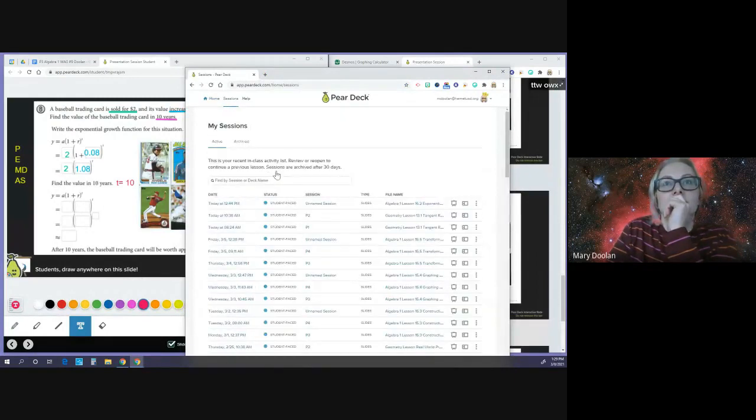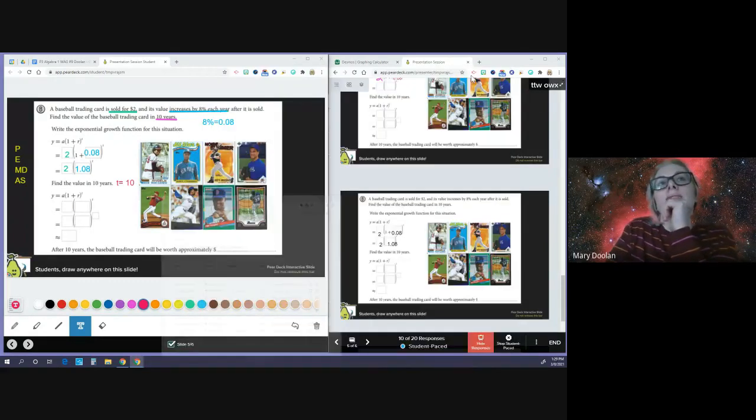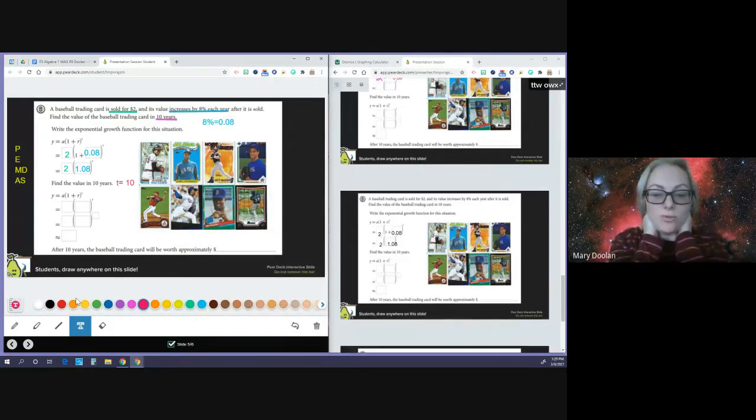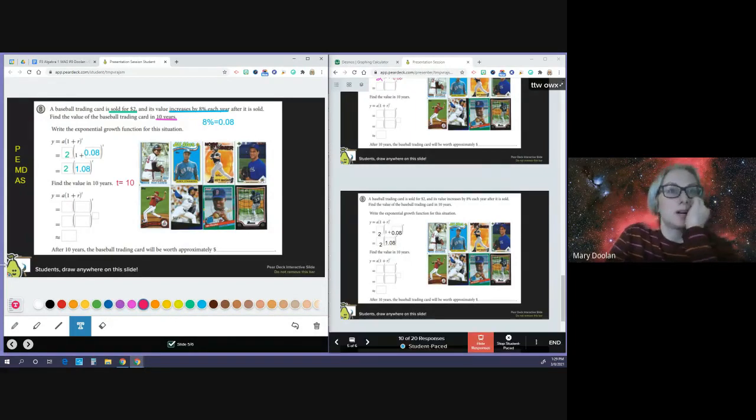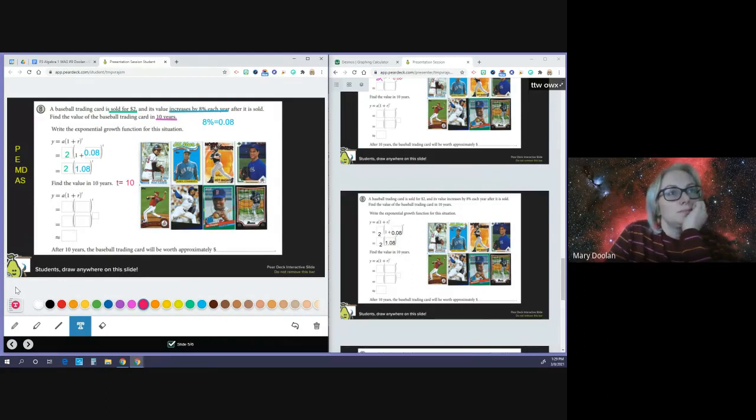It says sessions. Okay, so you have 30 days to go back and look at all your work. So yes, this works as good for your notes, but after 30 days, it's going to disappear. So if you wanted something more long-term, then you still would need to screenshot it and add it to some type of document. Yeah. So anyhow,